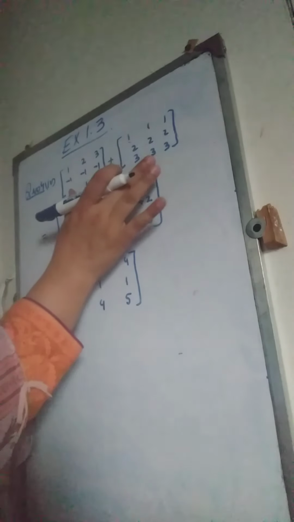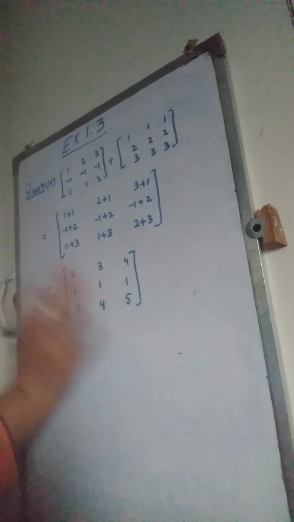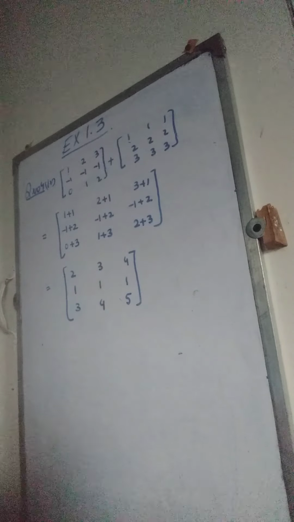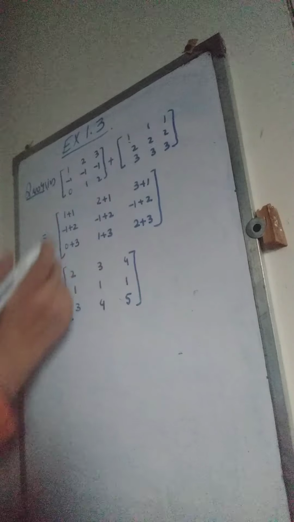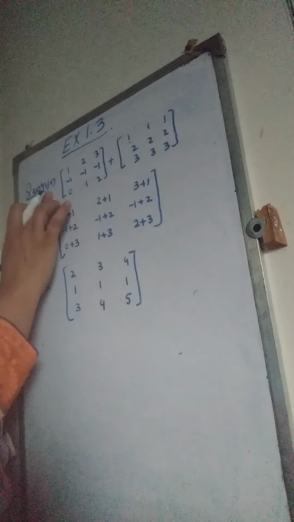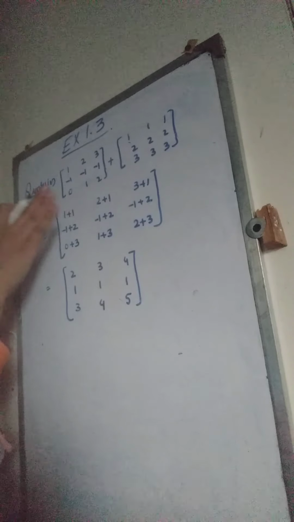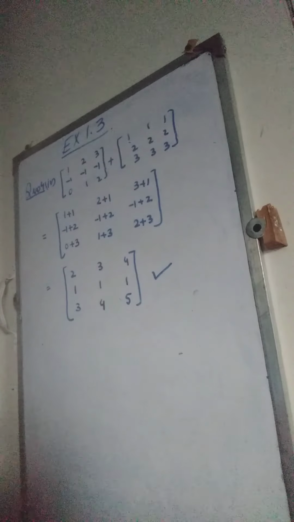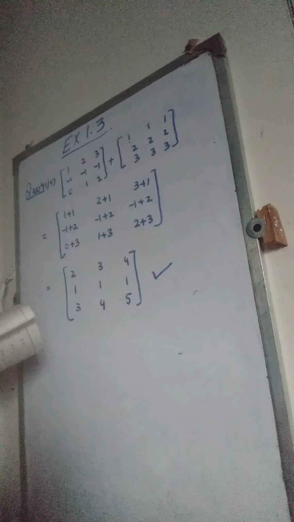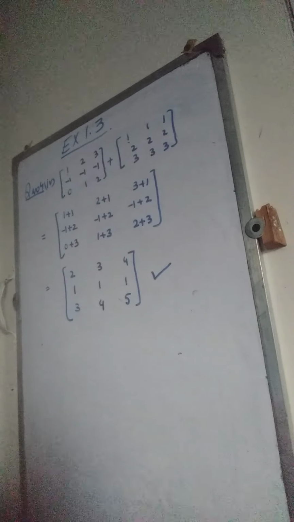So this is how these two matrices are going to be added. The method is the same, just the order was a bit larger than the previous one. Its dimension was more than we have done in the last part. This is the fourth part of the question. Got the answer. Now let's try one more part of this and then leave this question, because it's easy.